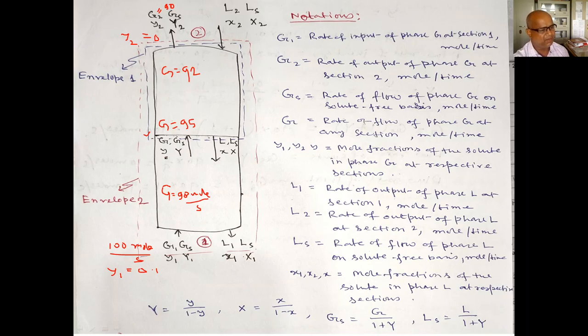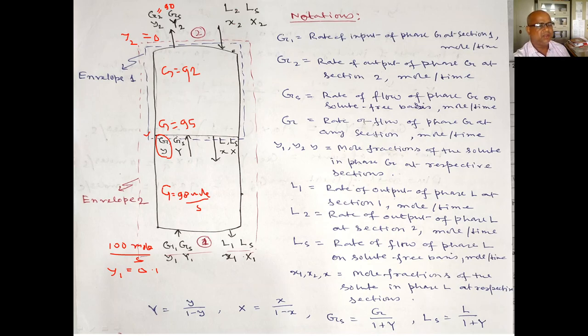So at any point, this is the gas flow rate and that corresponding concentration, isn't it? So keep it in mind here, gas G will keep changing from bottom to top. Similarly,